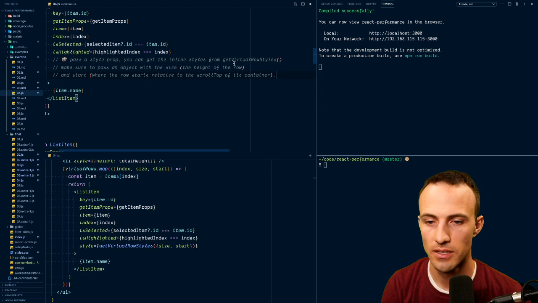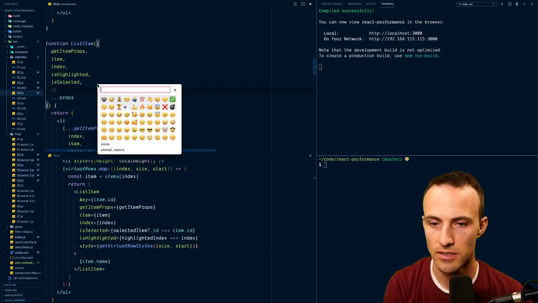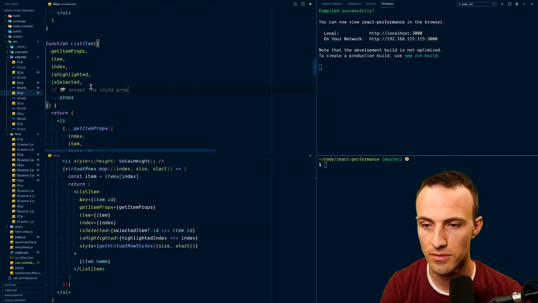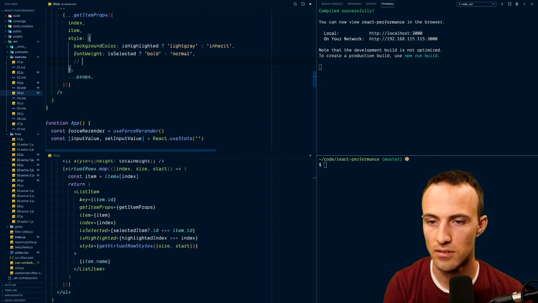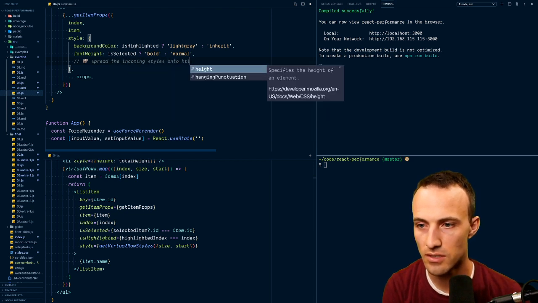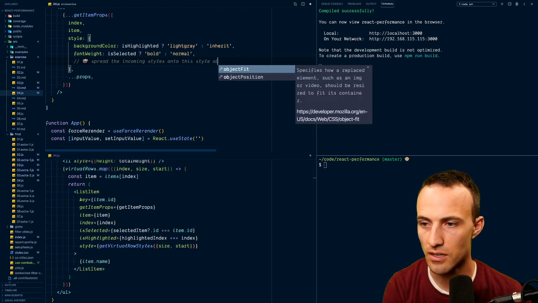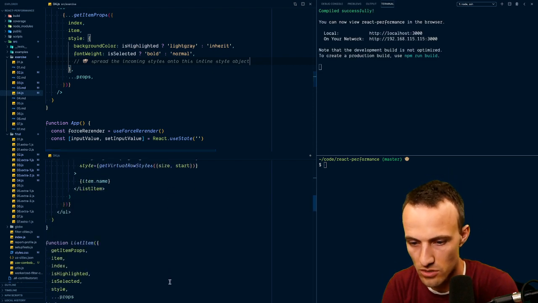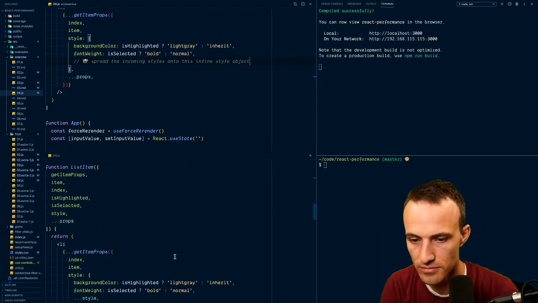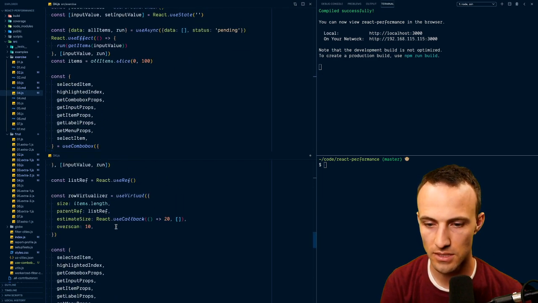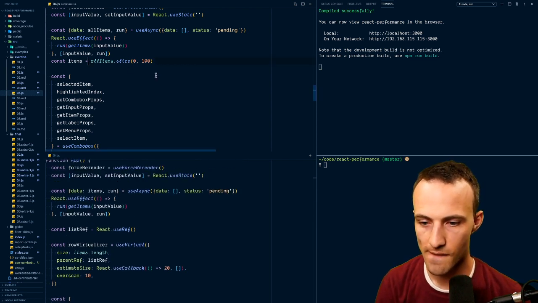There we go. Good. And then this accepts the style prop. Spread the incoming styles onto this style object. Okay, sweet. And that is it. Oh wait, no, not it. We have yet more to do, and that is